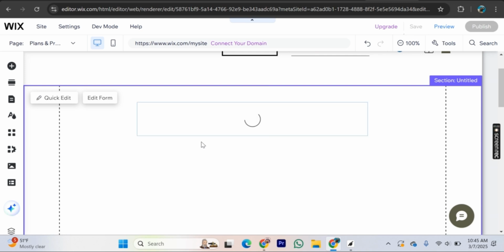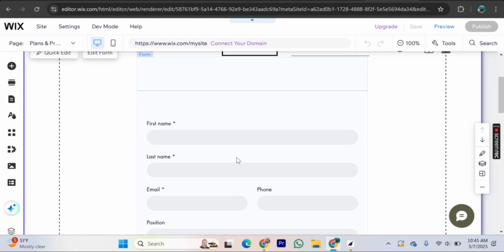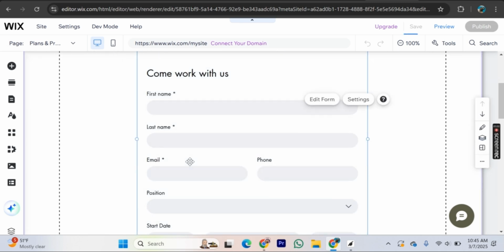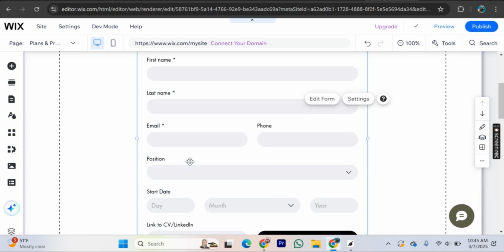It will take a few seconds. Okay, so let's wait for a while. Okay, now it is done. So you can edit this portion according to your need. You can edit it like you want an ID card picture from front and back, then